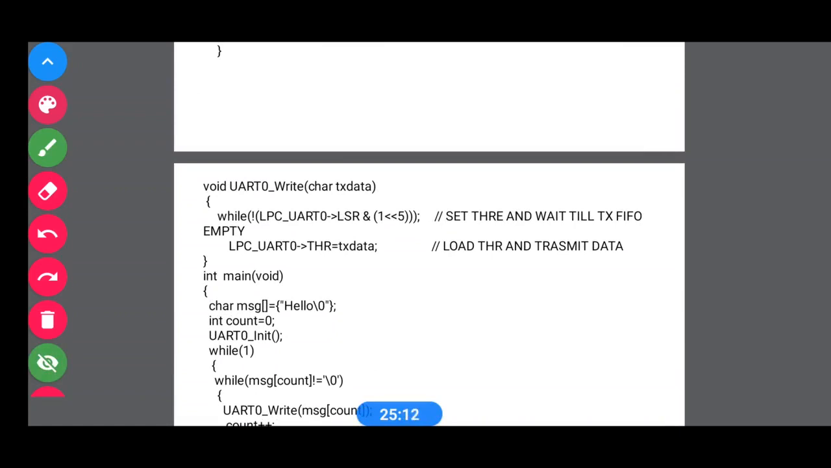You can see in the UART write function, whatever character is received, we take into the tx data variable. Before we load this tx data variable into the THR register, which is the register where we load our data while transmitting, we need to wait for the THRE bit to be set. Now, the THRE bit to set, right? So here